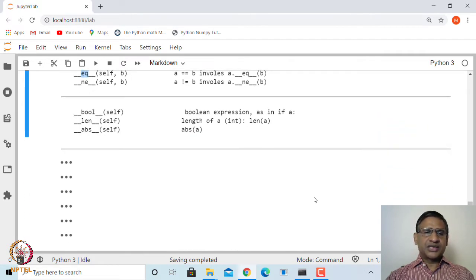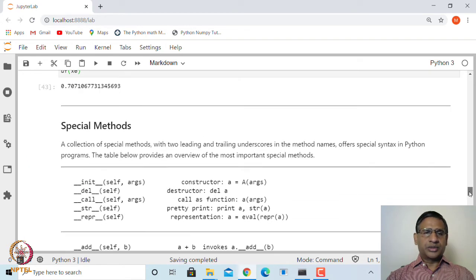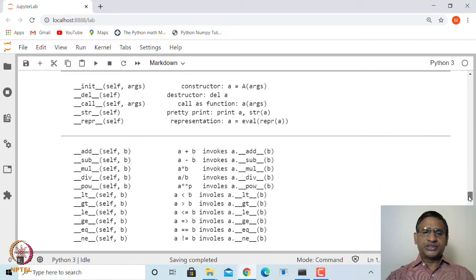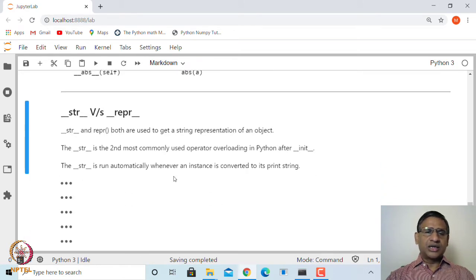Let us create, for example, some class or type which makes use of these types of methods. Before that, let us briefly look at what str and repr are.